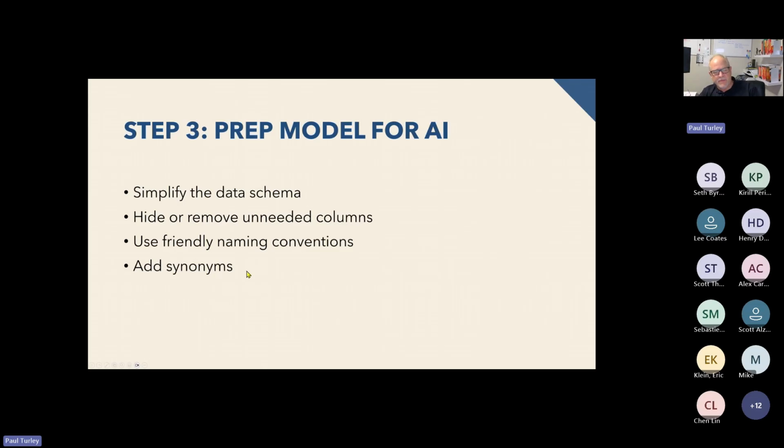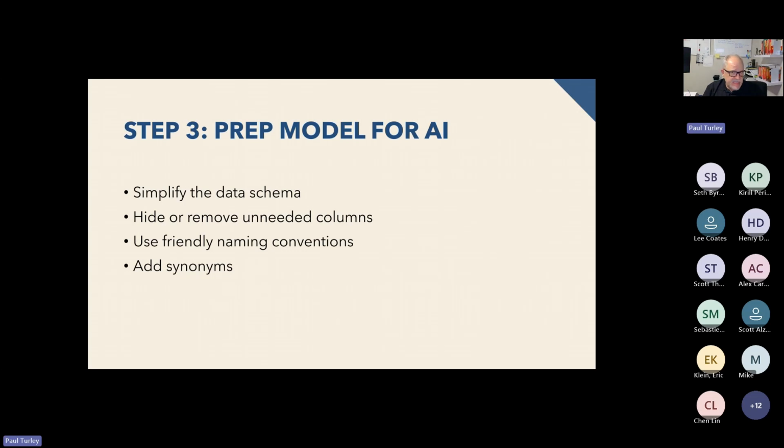So I'm going to use a model here pretty quick with the FAA's airline performance data. It's one of my favorite demo data sets. And we have an airlines table, with the airline code and the airline name. Well, within the industry, airlines can be referred to as carriers. So if I were to say, show me the number of flights by carrier, or show me average departure delay by carrier,